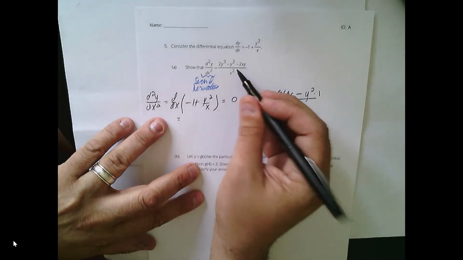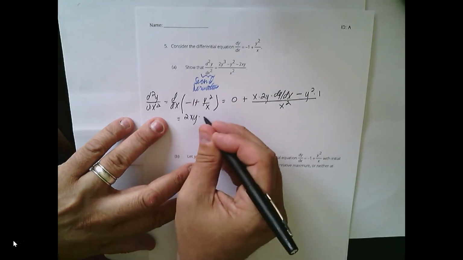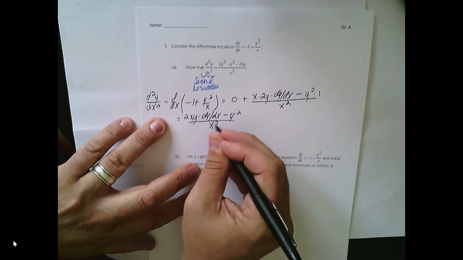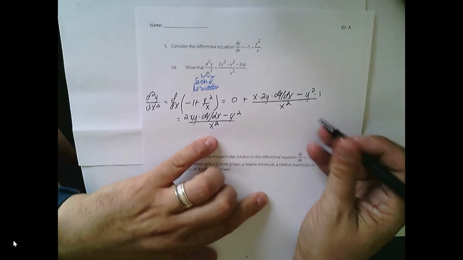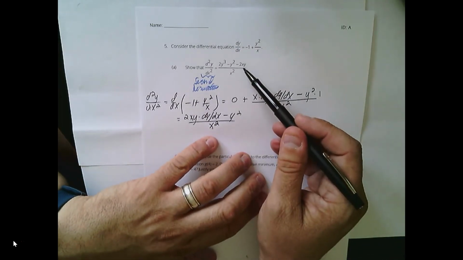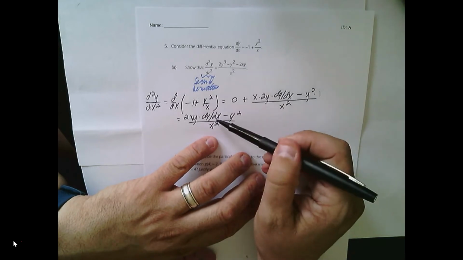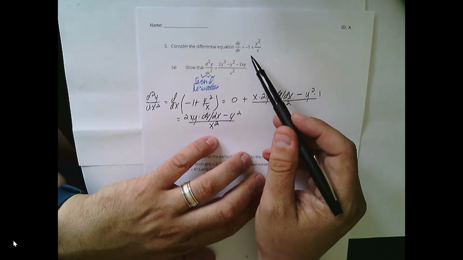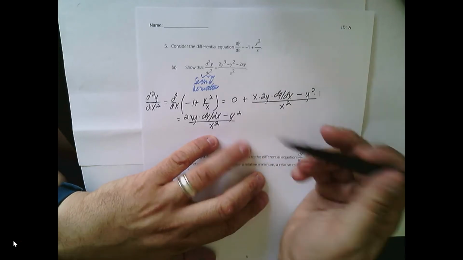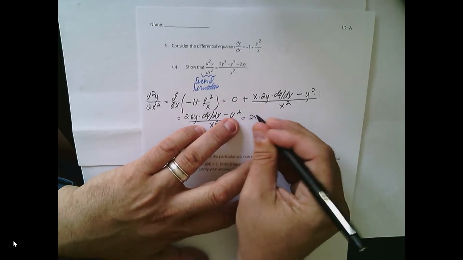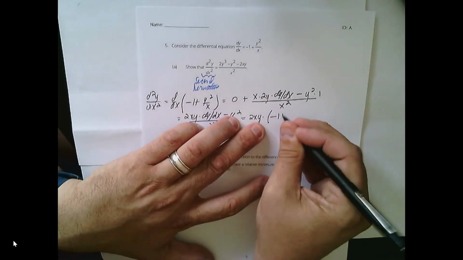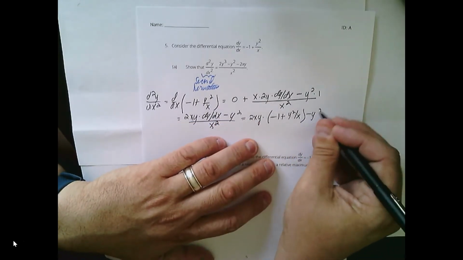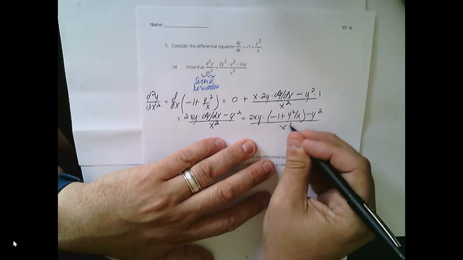But that's not in this form, so let's clean this up. (2xy times dy/dx minus y²) over x². That's still not what I'm looking for. The issue is I have the dy/dx expression in there and I don't want it. But I was told in the beginning that dy/dx is equal to (-1 + y²)/x. So let me rewrite this as